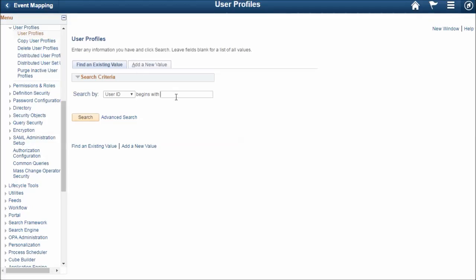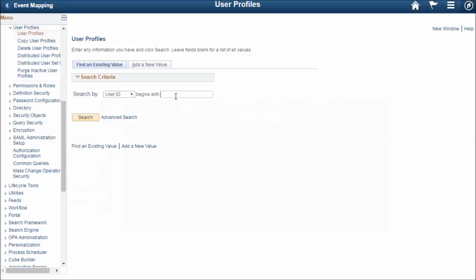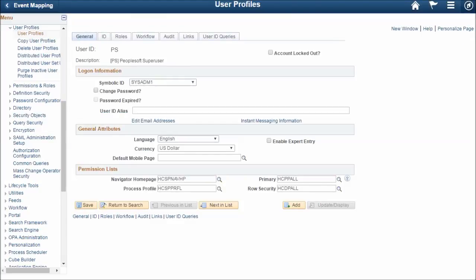Before I input a user ID here, I want to show you the temp directory. This is where the application class is going to be writing the logs to, and as you see, there's no log file here. We'll go ahead and search for the PS user ID, and now we should have a log